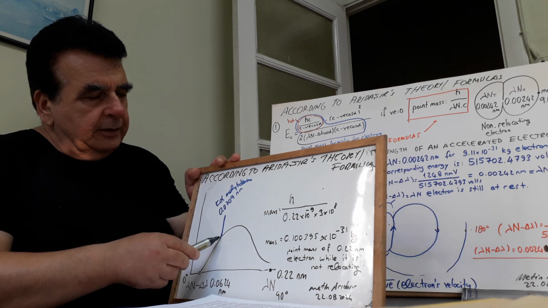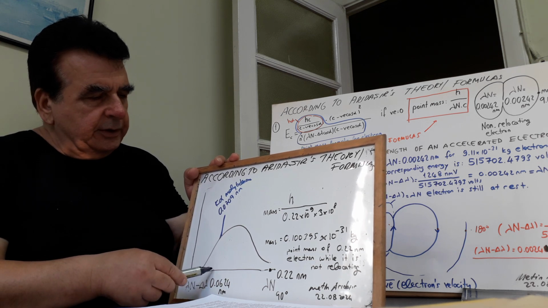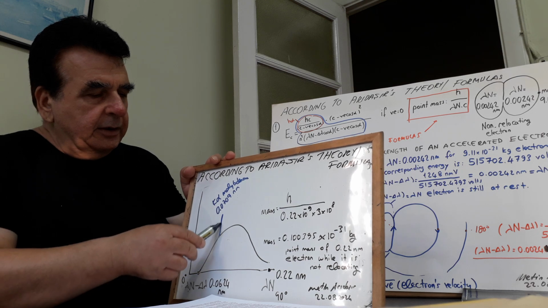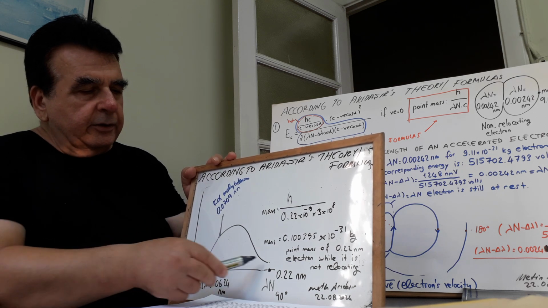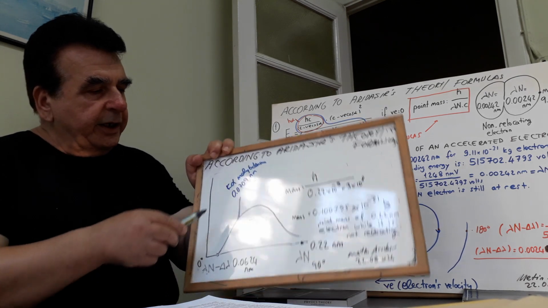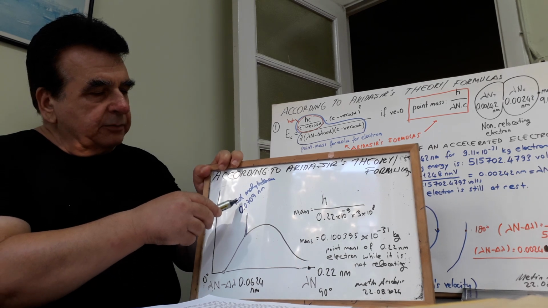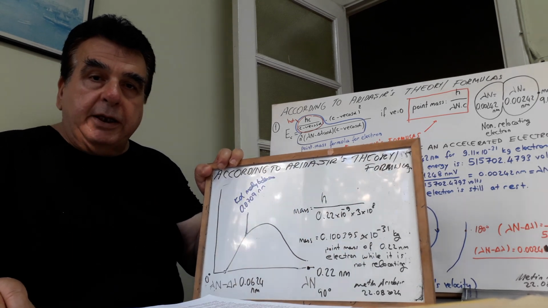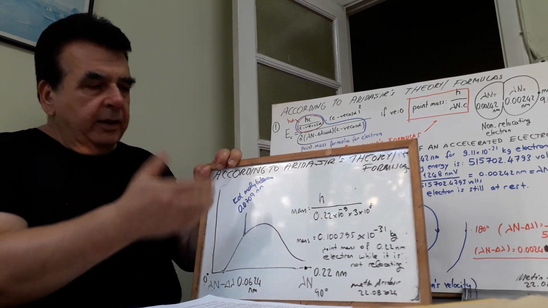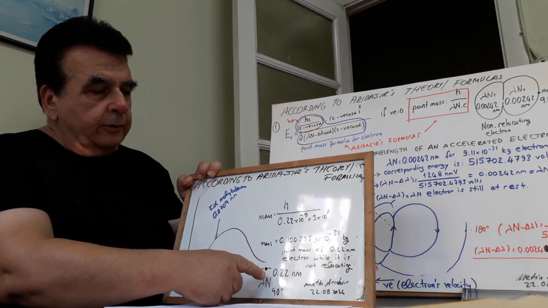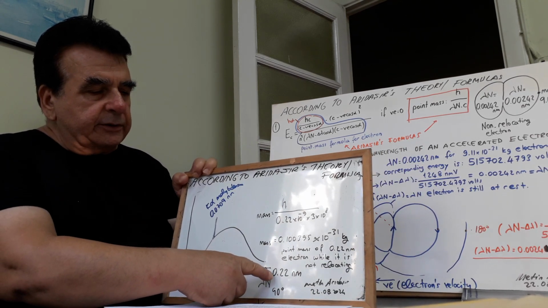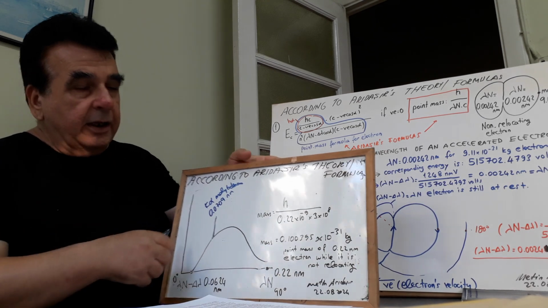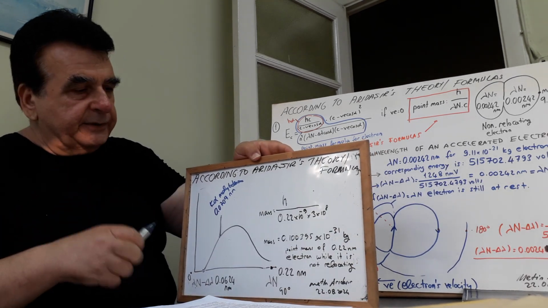Then at this point, 0.0709 nanometer, on this continuous spectrum, the molybdenum K-alpha line will occur. Then for non-relocating 0.22 nanometer wavelength sized electrons, point mass